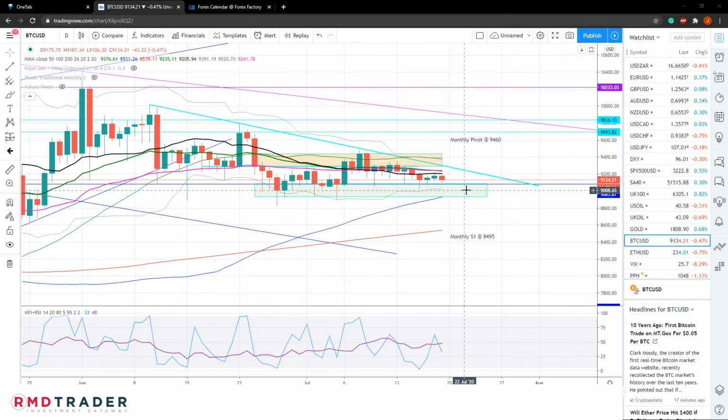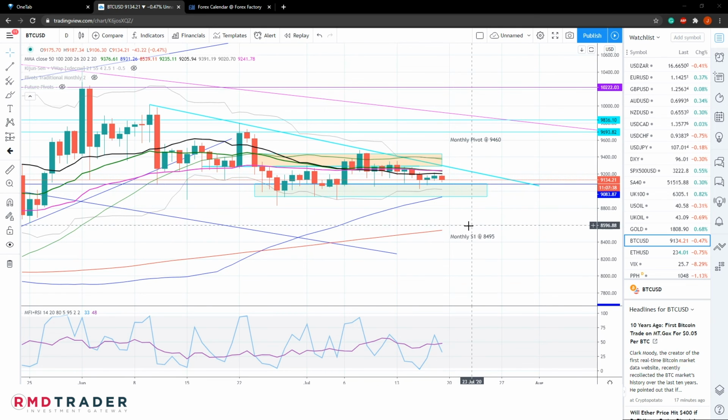Should price, however, manage to break back into this area of support, we have our 100 daily SMA acting as a very important support level, and that level is the level that should hold in order for Bitcoin to remain bullish. And should we break below that level, of course,